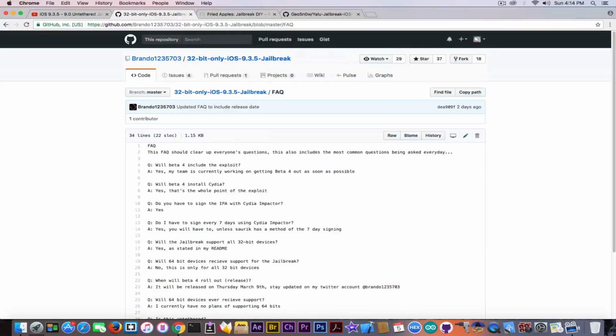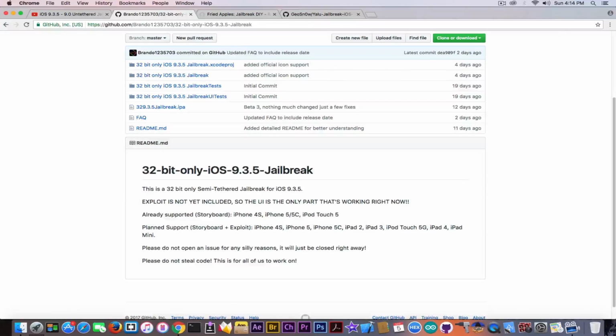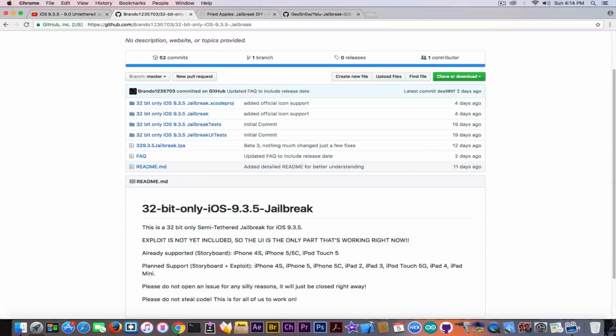Apparently the guy is pretty serious about this jailbreak, although we didn't see any jailbreak related activity on his account. Probably he's new, or probably he stayed, I don't know, like Pangu in some stealth mode, but for the moment you can see that he says in here this will be a 32-bit only semi-tethered jailbreak for 9.3.5, and there are already supported devices: iPhone 4S, 5, 5C, iPod Touch 5th, and the planned support is going to be iPhone 4S, 5, 5C, iPad 2, iPad 3, iPod Touch 5th, the iPad 4 and the iPad mini. Yeah, this is pretty interesting. I really like the fact that he